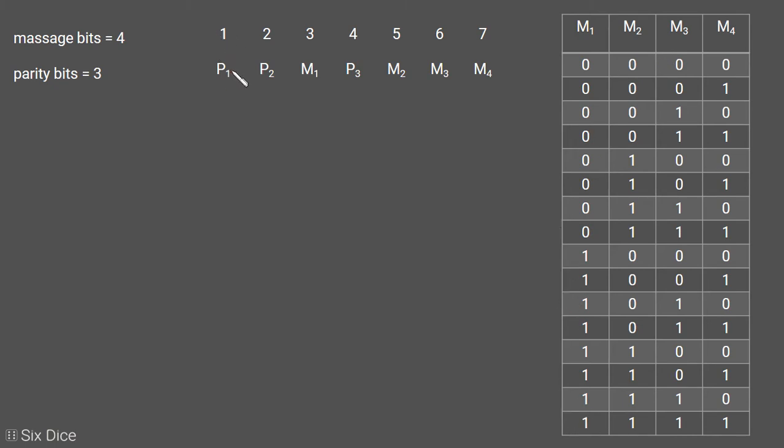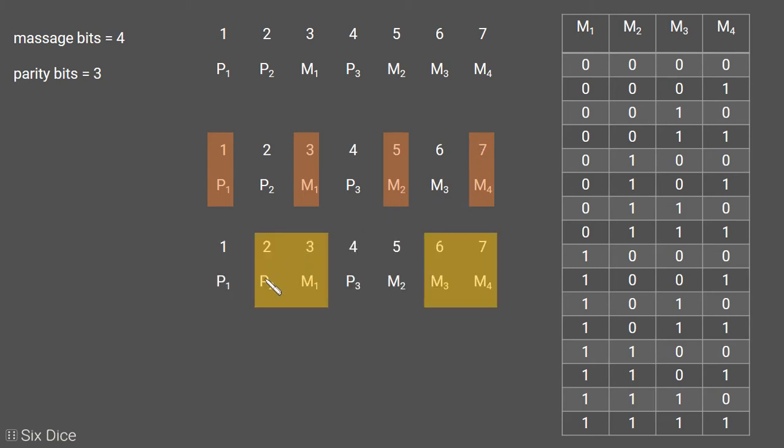Now we need to find each parity bit for all these 16 different combinations. Every parity bit here is set with the use of different bits in the message. You can remember it like this. For the first parity bit, we select 1, then leave 1, then select 1, then leave 1, then select 1, then leave 1, then select 1. For parity bit 2, we select 2 bits together, then leave 2 bits, then again select 2 bits together. Then parity bit 2 is set with the use of message bit 1, message bit 3 and message bit 4.